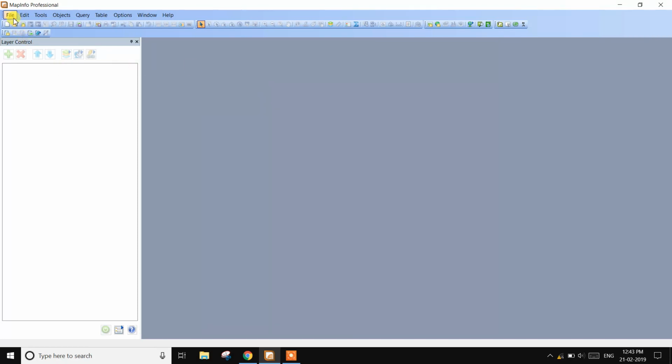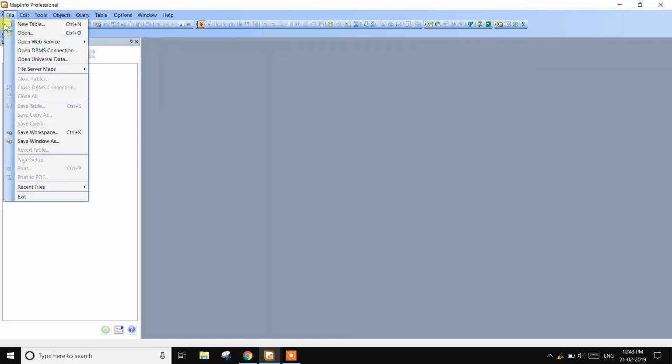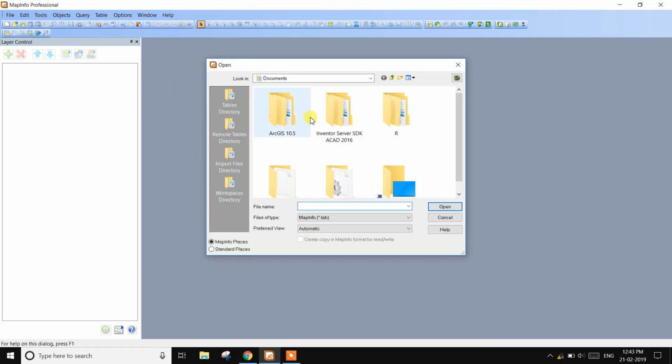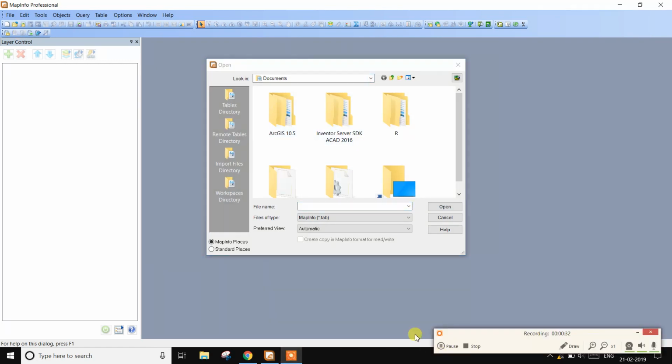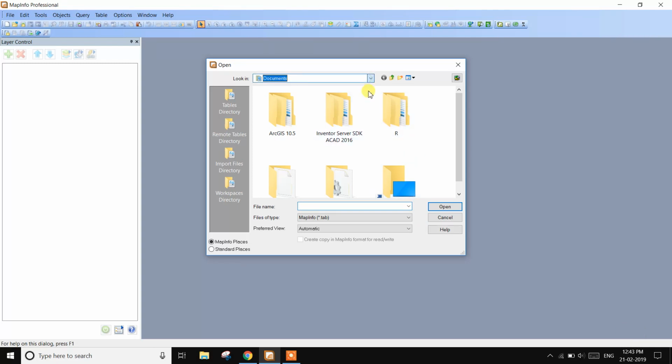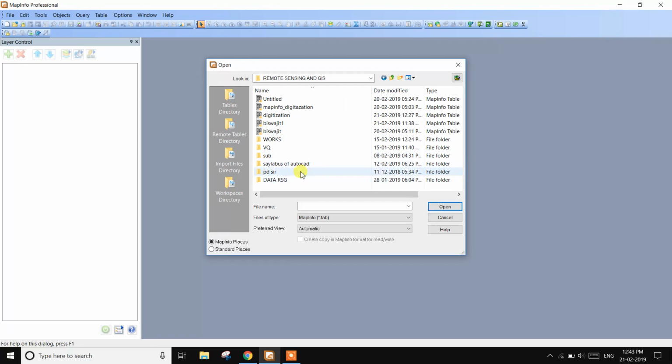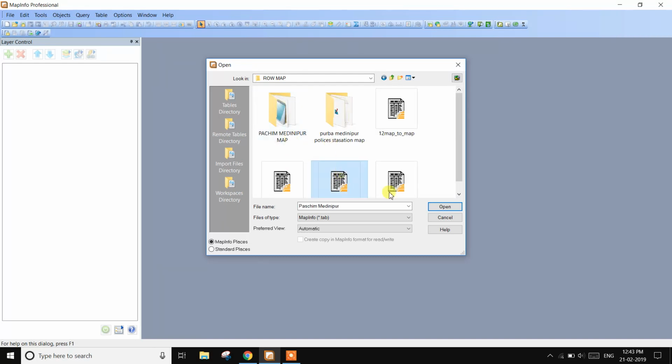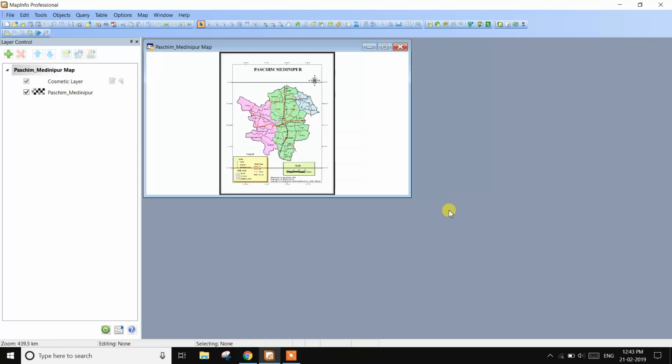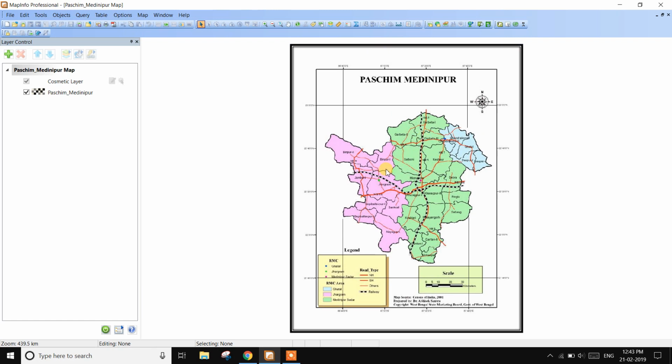Go to File, then Open, and open this georeferenced map.